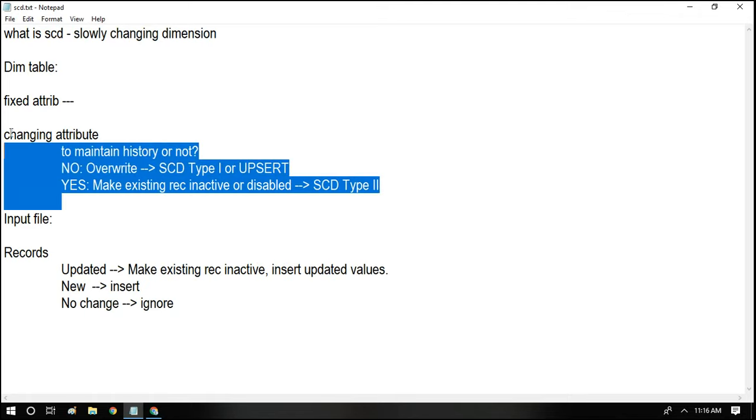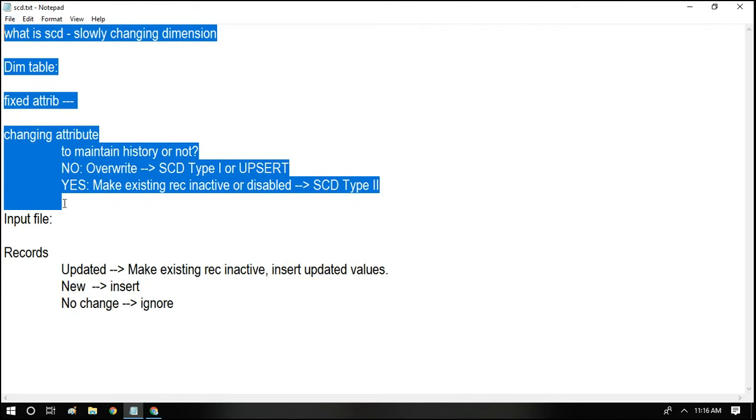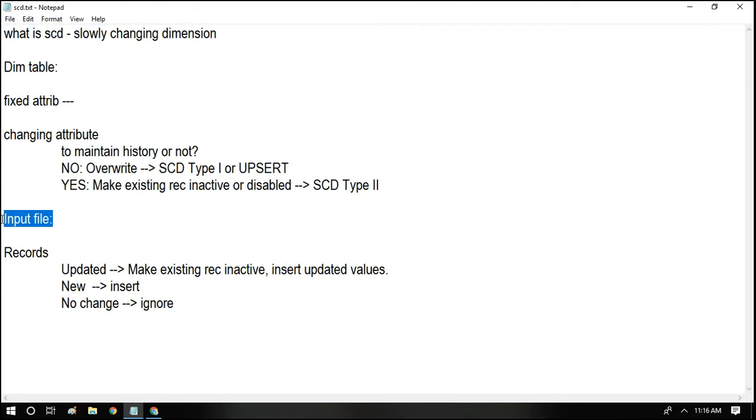This is all about SCD 1 and 2. What is SCD all about? An input file brings the data of an employee, the TDIM employee table. For that table, if you want to get records from a file, that file might bring records which might be updated records, or relatively new records which are not already inserted in the table at all, and there might be records which don't bring any change at all. Updated records means updating the department. There might be some persons who have recently changed their department, so we will be getting their updated department records in the file. That is case number 1.